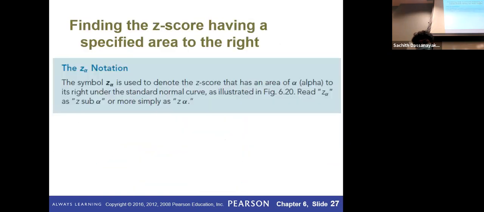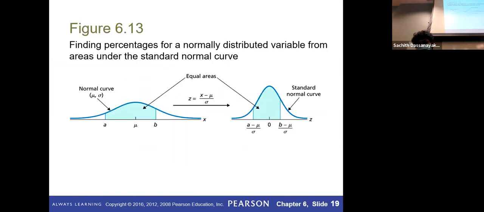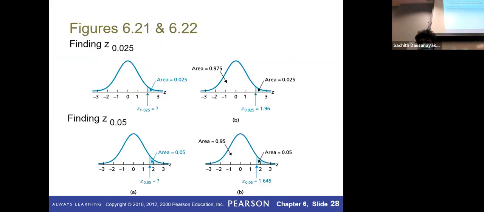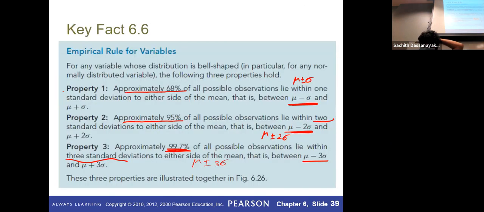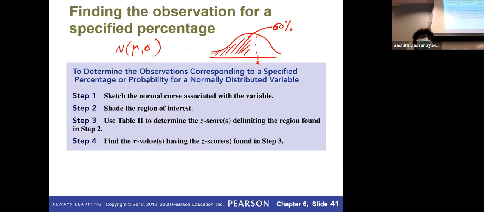Let me go back. I'm talking about this one. If I convert it to a standard normal distribution, these colored areas are the same. If the first one is 60% on the left-hand side, the second one is also 60% on the left-hand side. You don't have to convert it, since you don't know this x value. Although you know mu and sigma, you don't know x.